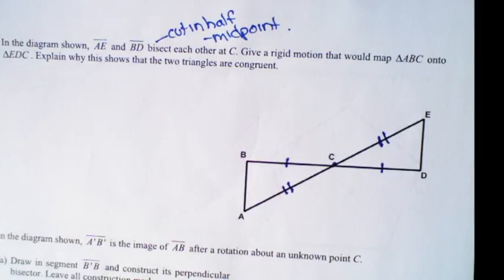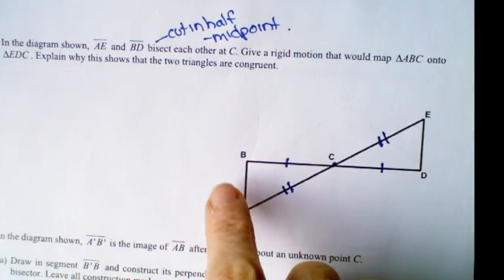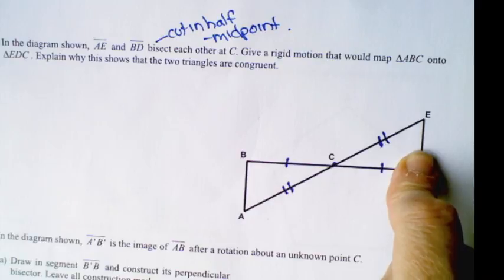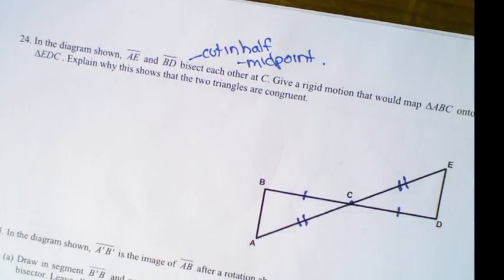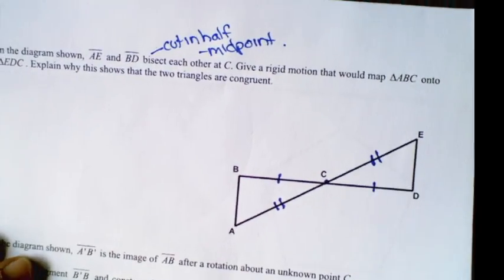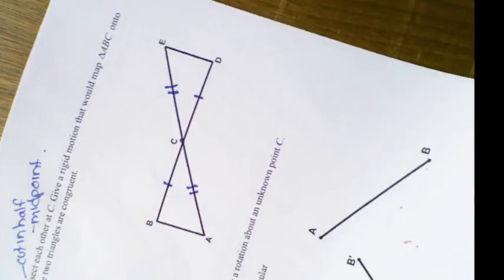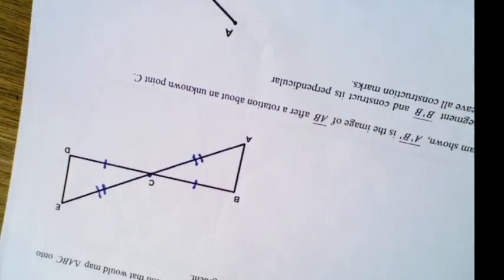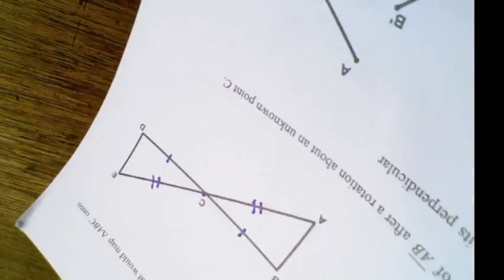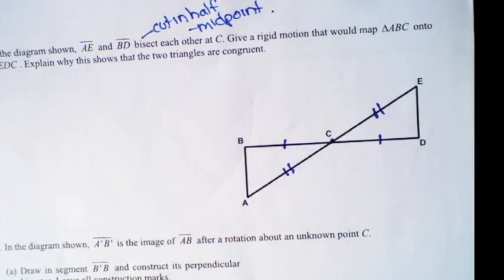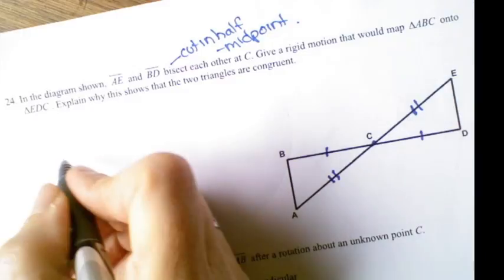Give a rigid motion that would map triangle ABC onto this one, and explain why this shows the two triangles are congruent. Well, first of all, hopefully you get it. We're doing take your paper, if you turn it 2 times, 1 and 2, we have an identical image. And that's a rotation of 180 degrees, which we've done already. So, to answer this,